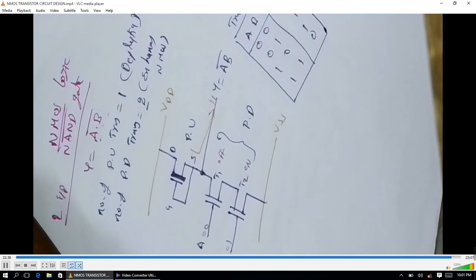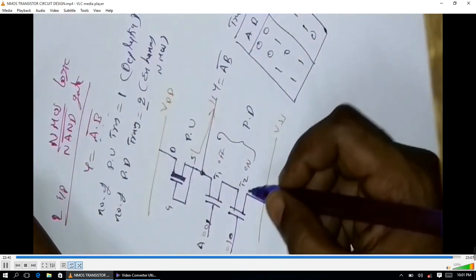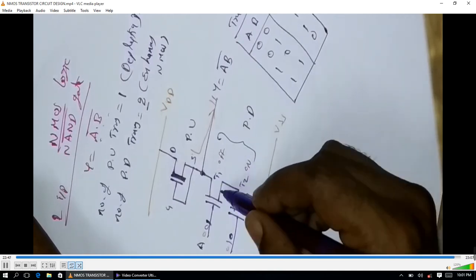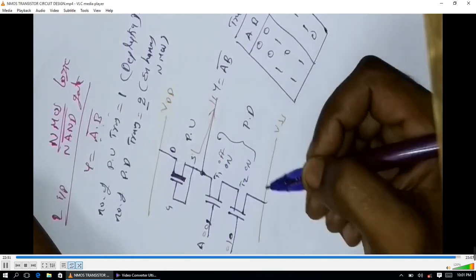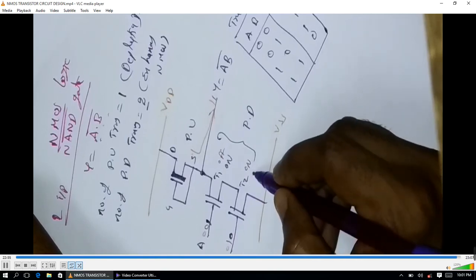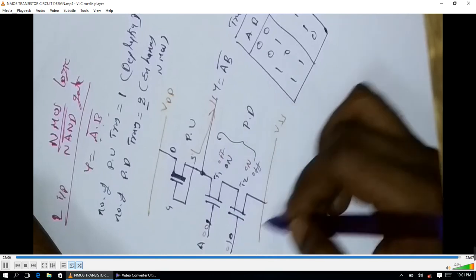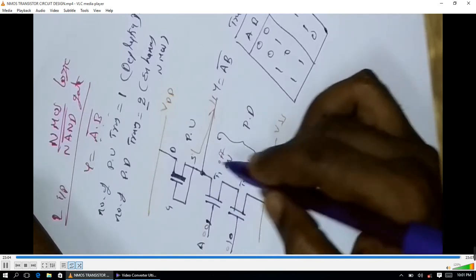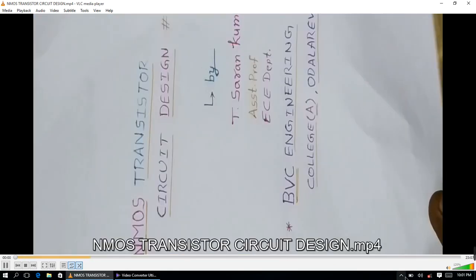And coming to the third condition, 1 0. This is the same as the previous condition, with the operation reversed. Now T1 is on state because the input is 1. In this case B is equal to 0, so the second transistor is off state. Again the entire path is open, because one of the transistors is off. The path is open. Again the entire VDD